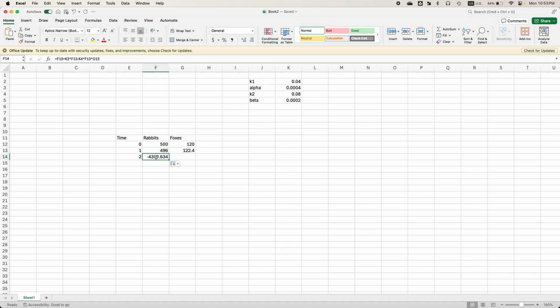F12 becomes F13 again, K3 becomes K4, and so on. The issue is that we don't want the parameter to change at every calculation when you drag the formula down. You want to keep the value the same throughout all the calculations. To keep this parameter's value the same, you go to the first formula here